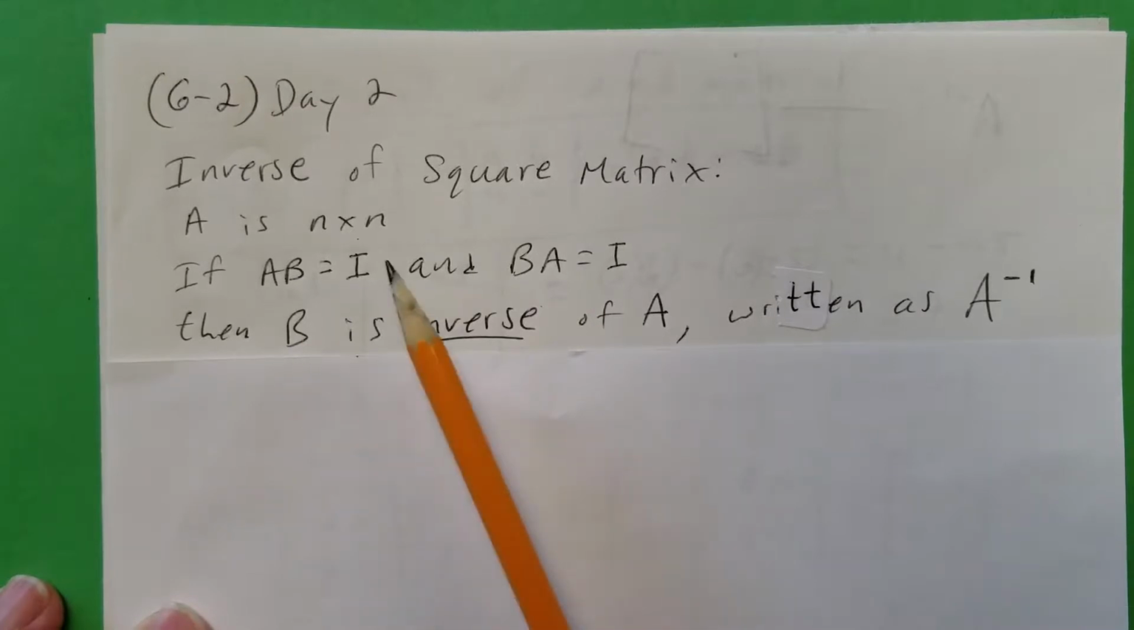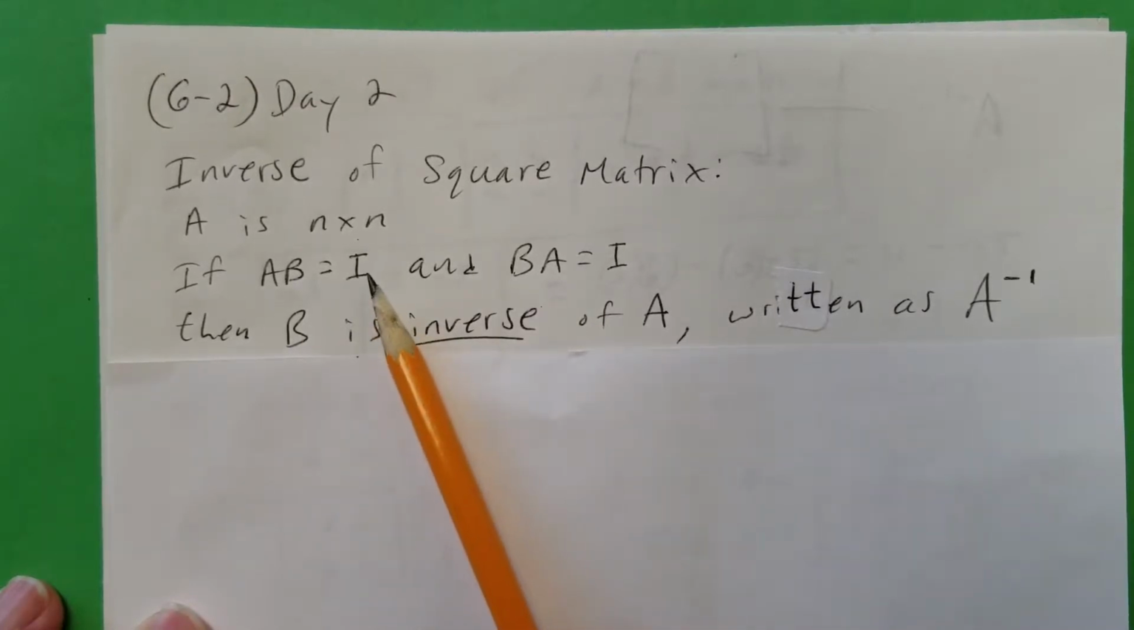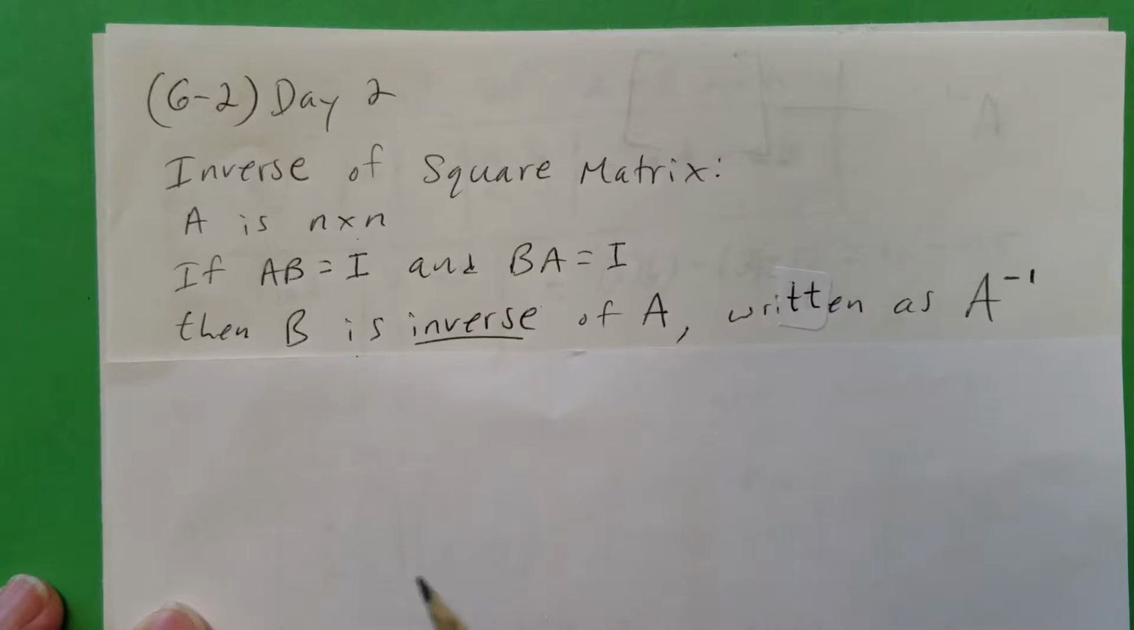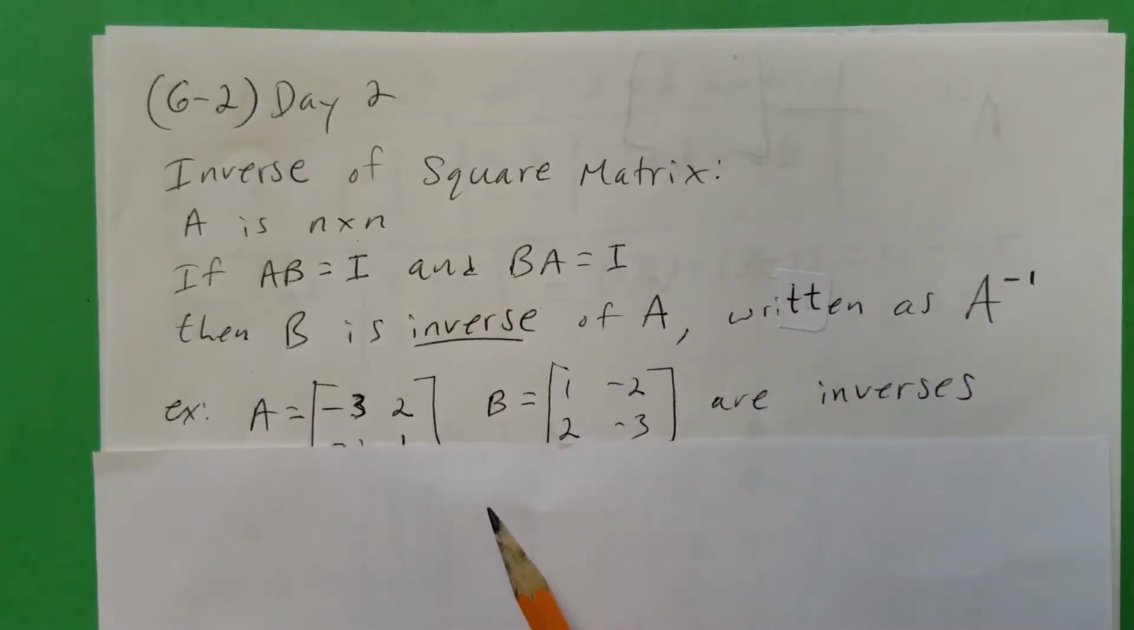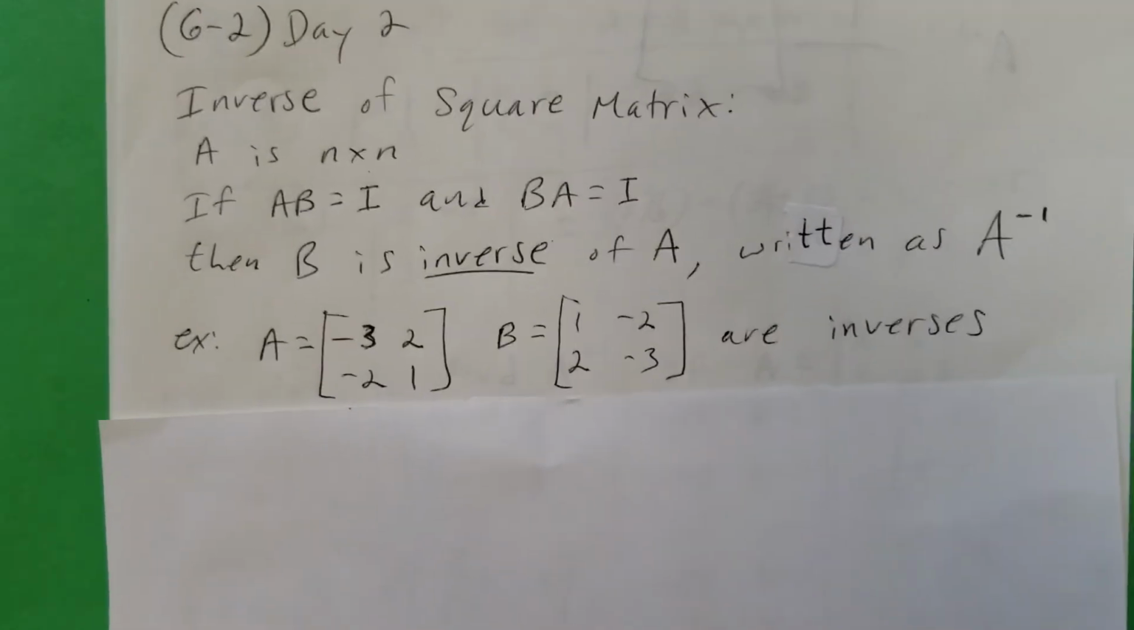So what is I? Remember what I is? I is the identity matrix. When I say the I matrix, the identity matrix, that means it's that one matrix with the ones on the diagonal and 0 everywhere else. For example,